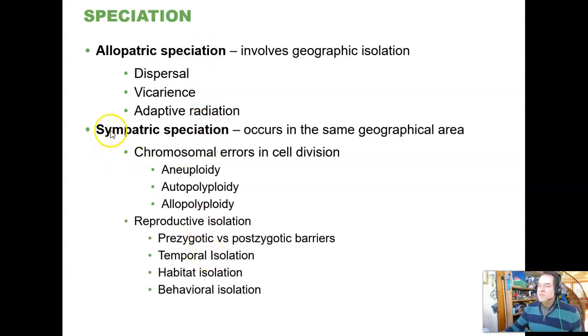All right. Sympatric speciation is where you get a new species right where the previous species that it came from existed. And this usually has to do with major changes in the way reproduction works, usually having to do with chromosomal changes. For sexual reproduction to work, the chromosome count has to be the same, 23 chromosomes for both individuals.